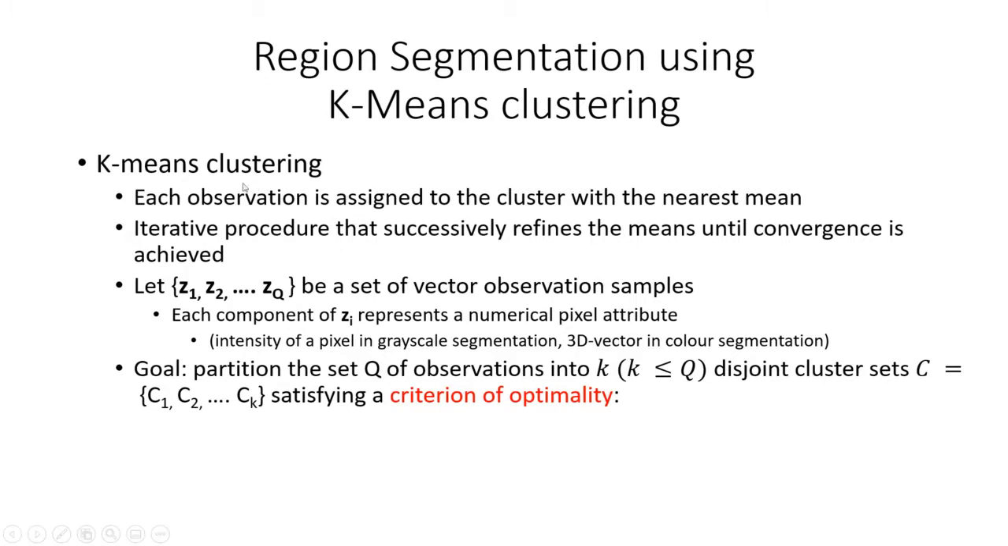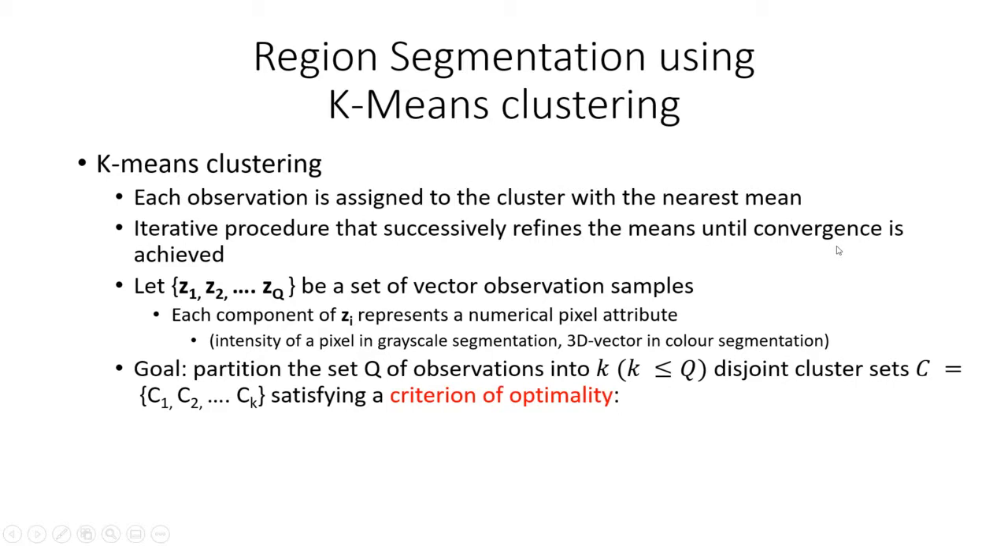So basically, in K-means clustering, each observation will be assigned to the cluster with the nearest mean. It is an iterative procedure that successively refines the means until convergence is achieved. We're going to get the mean of each one of the various clusters, and keep updating the mean values of the clusters of points until you get an